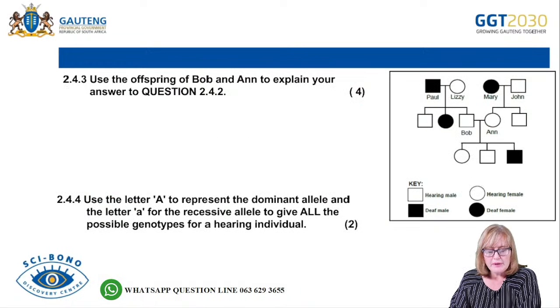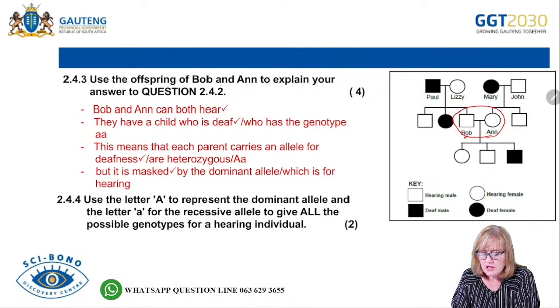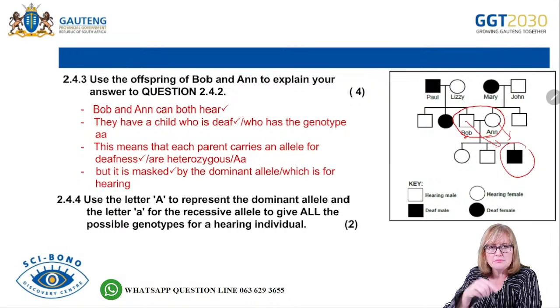Use the offspring of Bob and Anne to explain your answer to question 4.2. Whatever, the previous one. That's exactly what I actually said. Bob and Anne can both hear. There they are. Both of them can hear. They have a child who is deaf, right? And this means that each parent carries an allele for deafness, right? But it's masked in their own phenotype. They're not deaf, but they are carrying an allele for that, which means they are heterozygous, and that hearing is the dominant